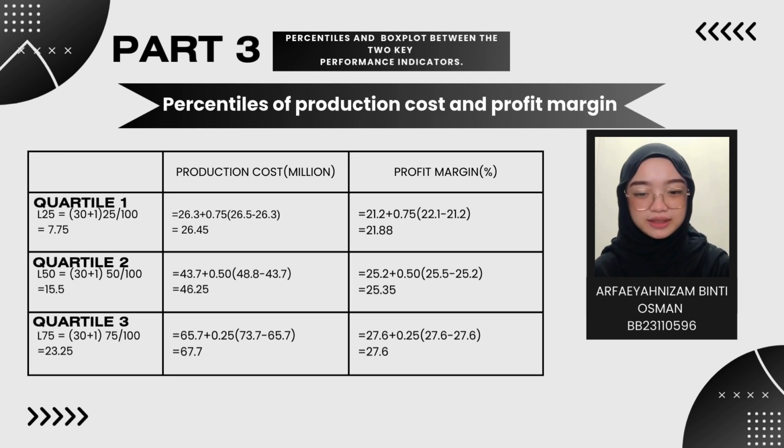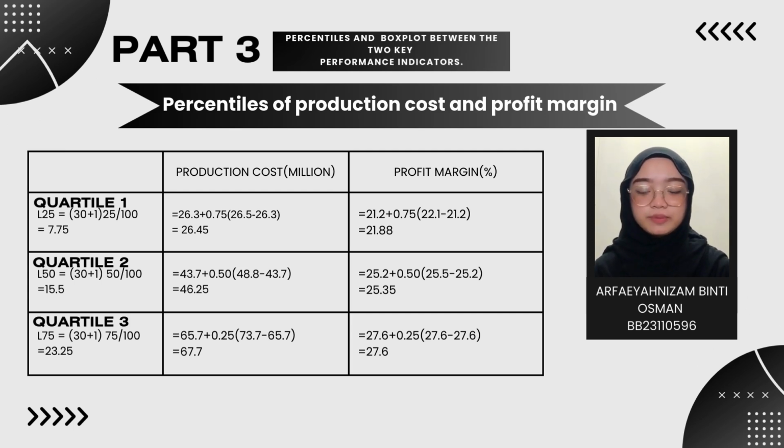For quartile 3, this indicates that production cost is 67.7 million and profit margin is 27.6%. From this, we observe that as the production cost increases, profit margins also tend to rise, indicating a potential correlation between these variables. The calculated percentiles provide the benchmark for evaluating both low and high performance. With these percentiles, we can now explore how this data can be used for strategic decision making in cost